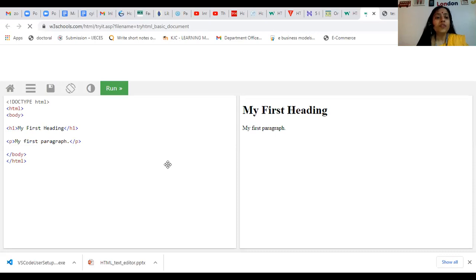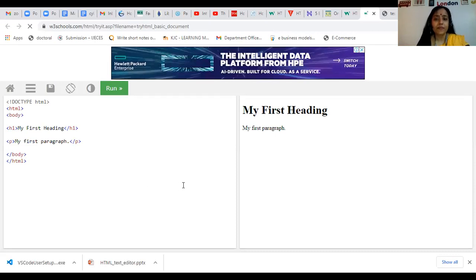I hope all of you can see this page. Can you see here on the left hand side, you have that HTML document. On the right hand side, you can even preview the page. You can change it on the go.